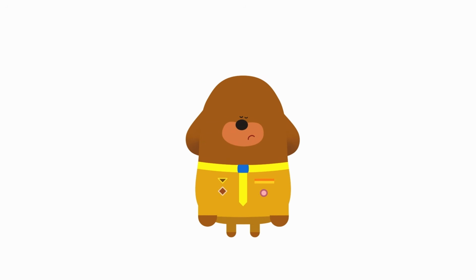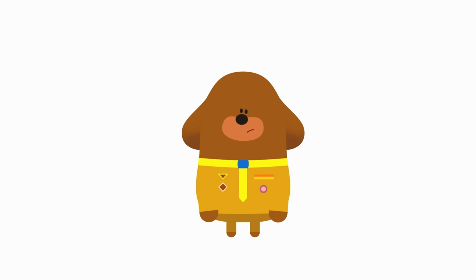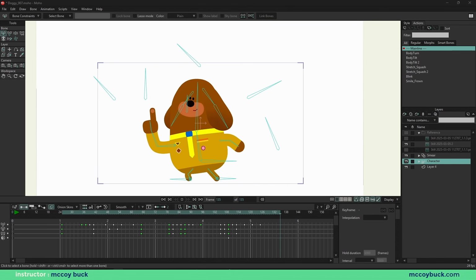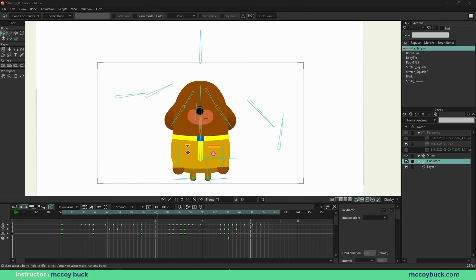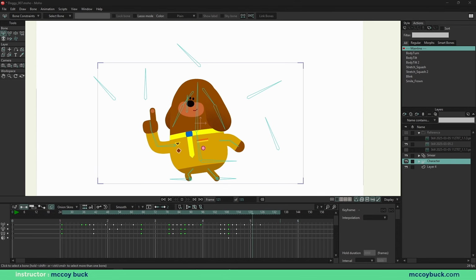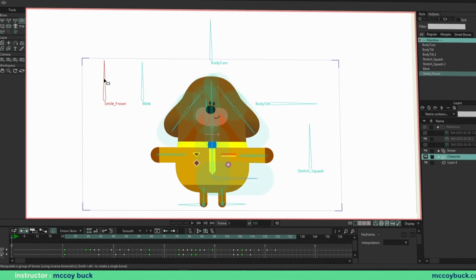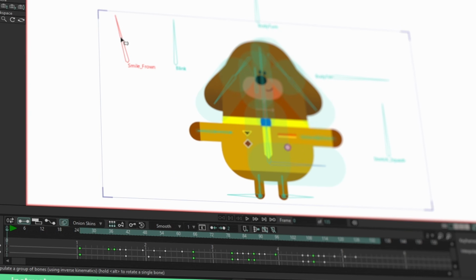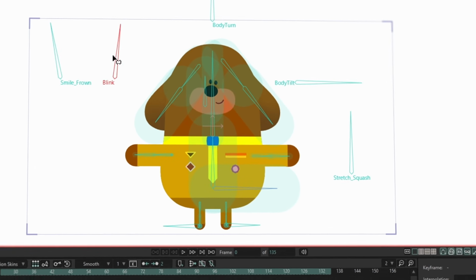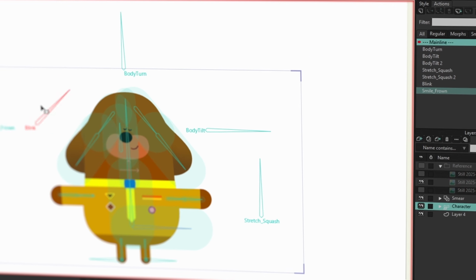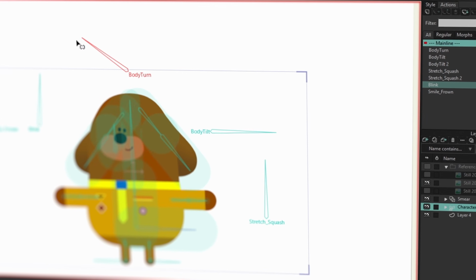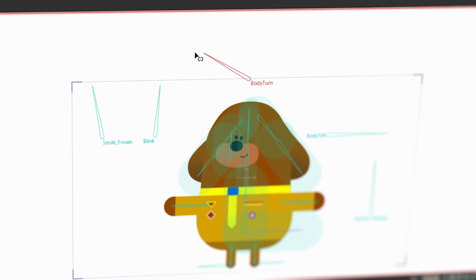What if you could recreate a TV quality character animation entirely in Moho? In this video, I'll show you my full process, designing, rigging, and animating Dougie from Hey Dougie in real time. You'll see exactly how I brought this animation to life, as I step you through my entire process. Plus, I'll share workflow techniques and pro tips I've learned over the years to make the process faster and more